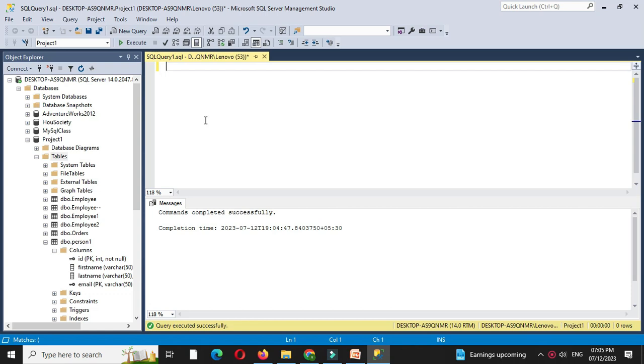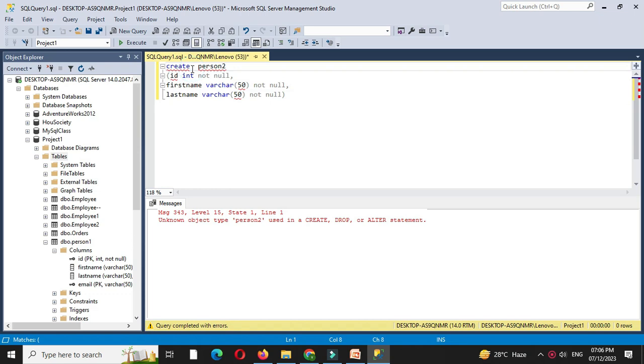Now we'll see adding primary key to existing table. For this we'll create another table person2 with field ID as int not null, first name as varchar 50 not null, last name varchar 50 not null. Here we will give table and we will execute this.